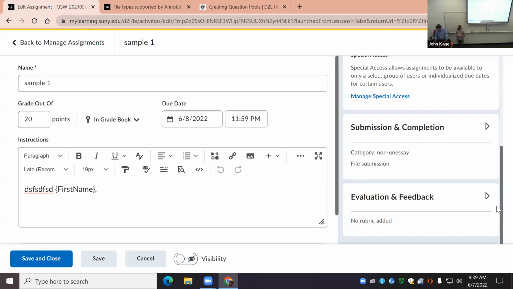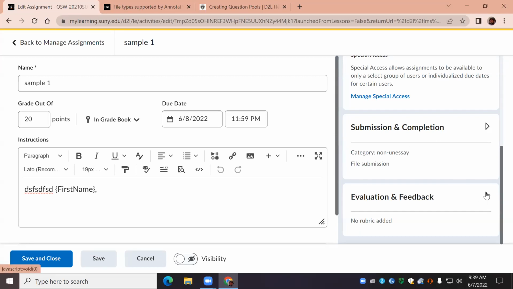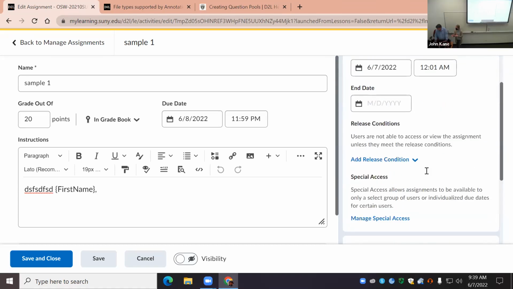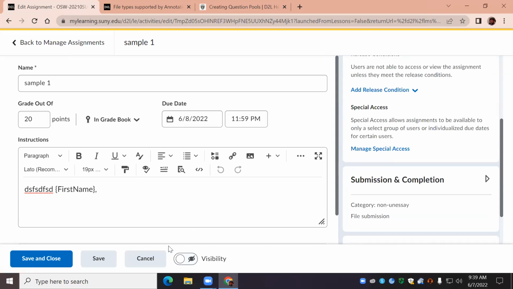This is something unexpected. What about visibility down by save and close? Okay, where was the visibility? So there's right down next to save and close? Yeah, right next to cancel. Okay. You can do it in the other menu too. Yeah, save and close. Okay, yes, it is not